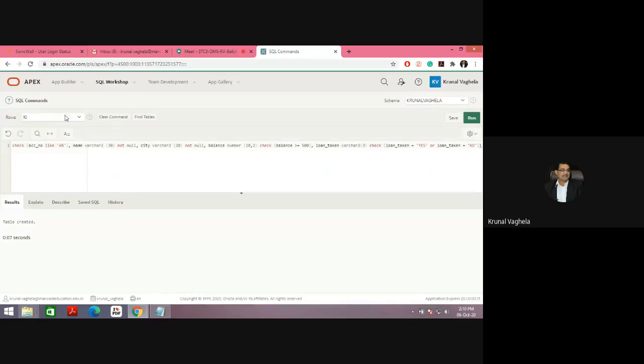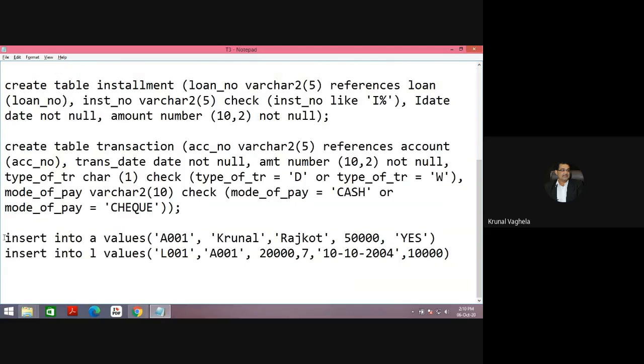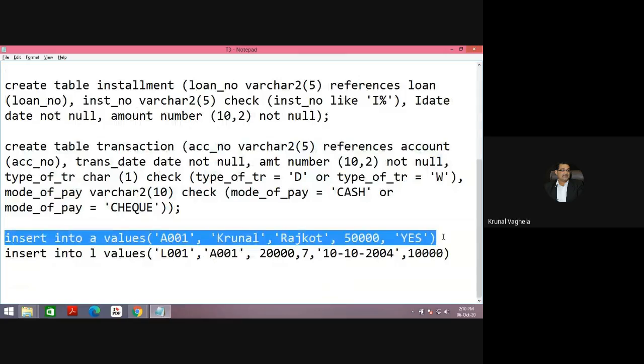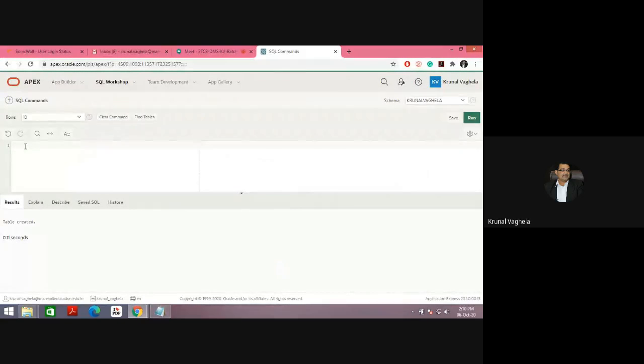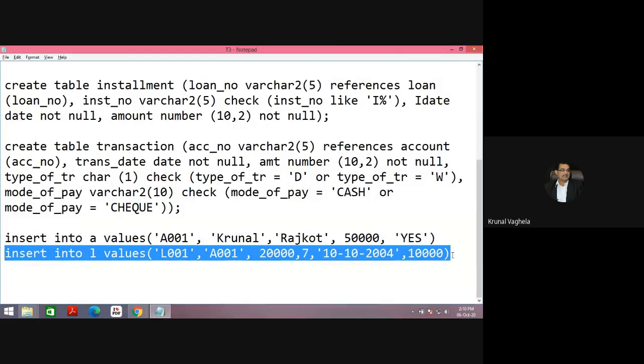Control C, Control V. Table created, right? Let me insert the data again. So one row inserted in the account table and one row I'll insert into the loan table.